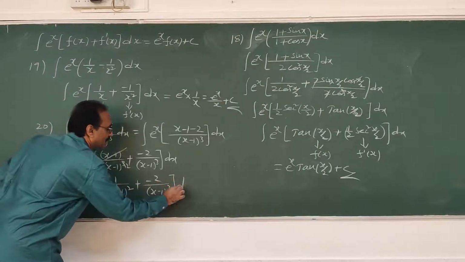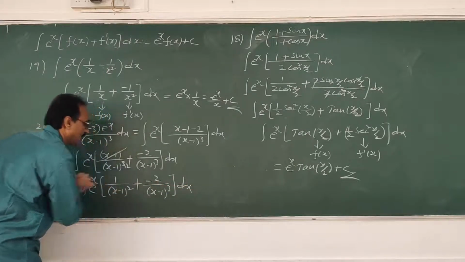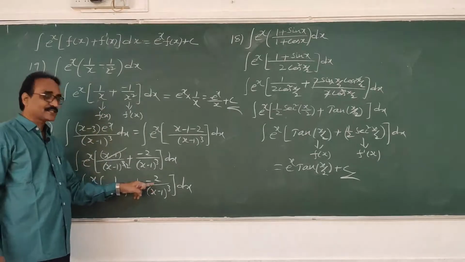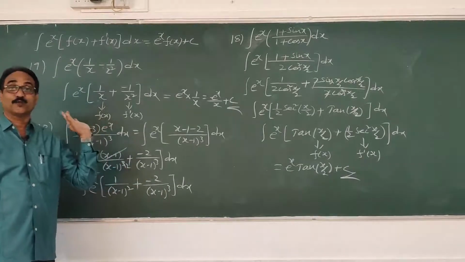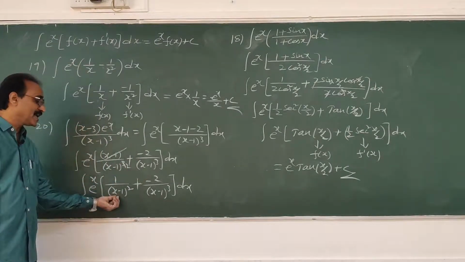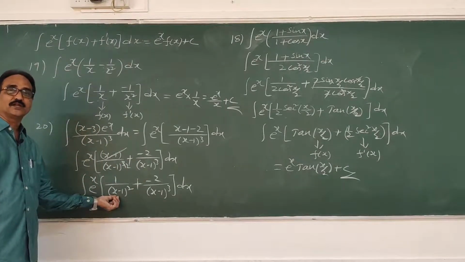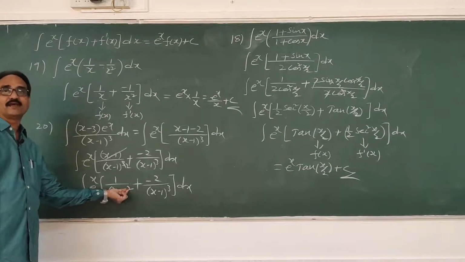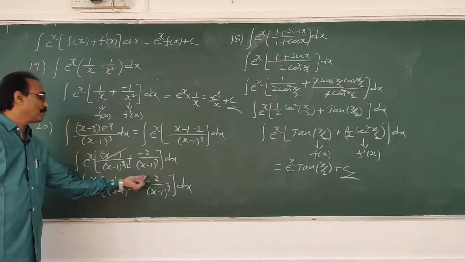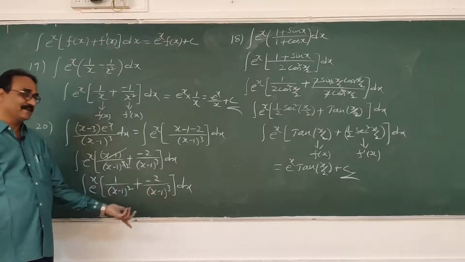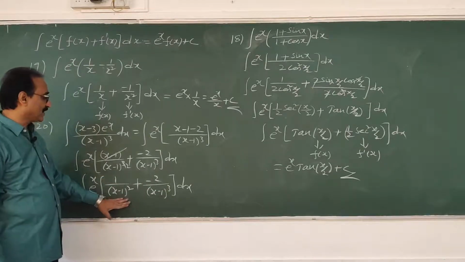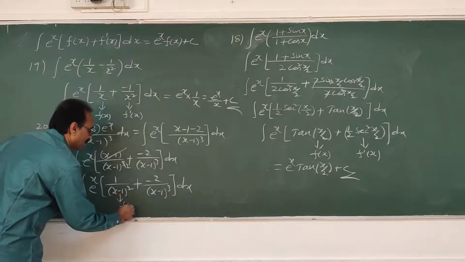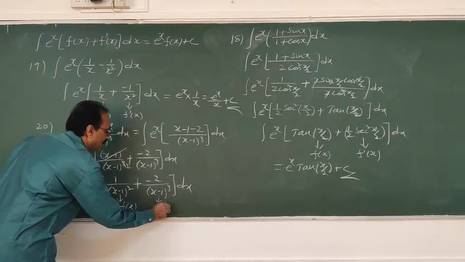My dear students, I feel that you are very good in your derivatives. Then what is the derivative of 1 by x square? Minus 2 by x cube. This all you treated as x; x minus 1 you treated as x. Then it is in the form of 1 by x square. What is the derivative of 1 by x square? Minus 2 by x cube. You got it? So therefore this is f of x and this is nothing but f dash x.